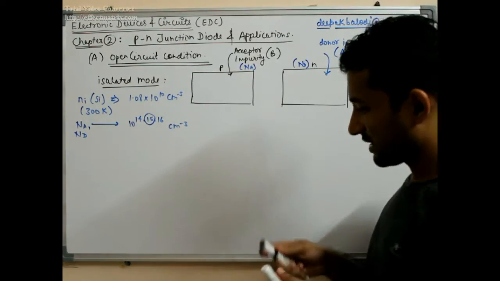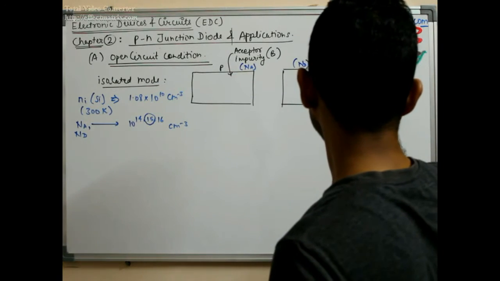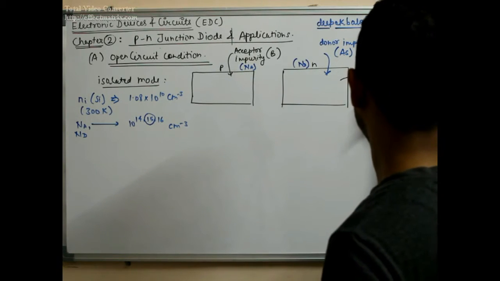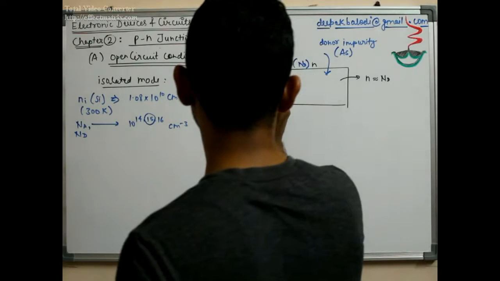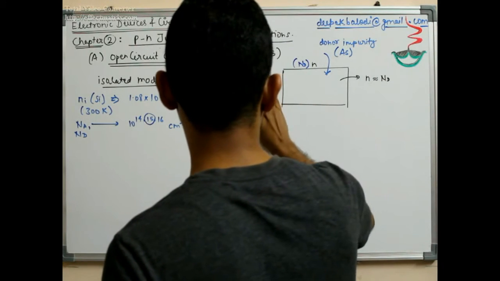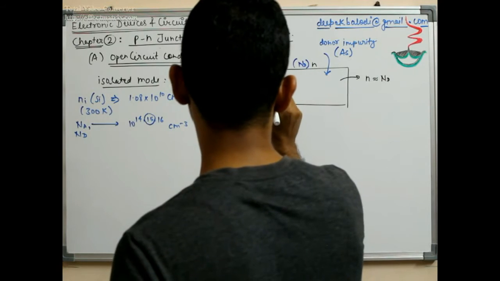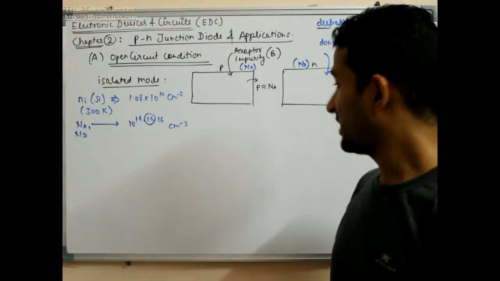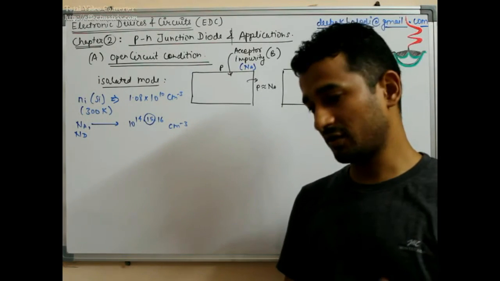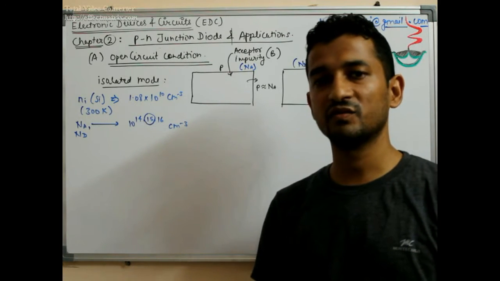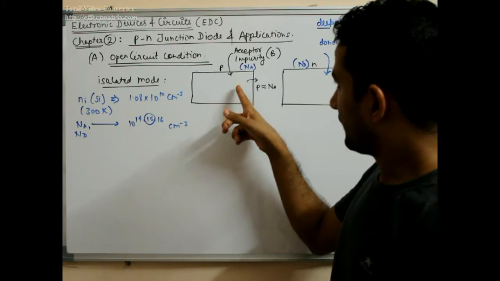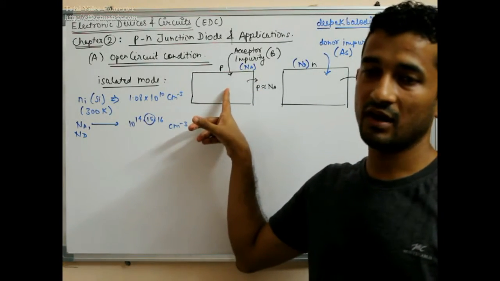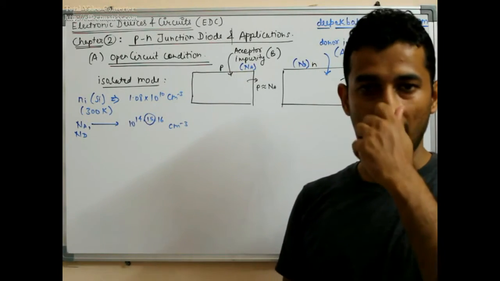Similarly, on this side, the effective concentration of electrons is approximately Nd. And here the concentration of holes is approximately Na, because the free carriers provided by the silicon atoms were so small in number, while the intruders, or the guest carriers, are very large in number and mainly constitute the total free carriers.